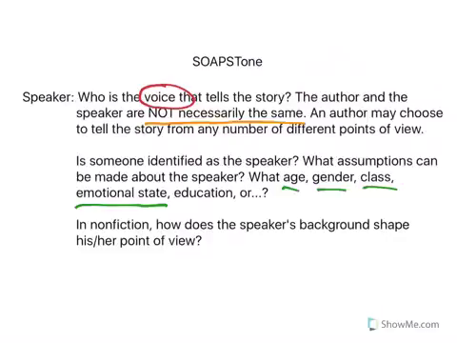Can you think of other relevant aspects of identity that could affect the speaker and shape their point of view? Perhaps you may be considering race, nationality,